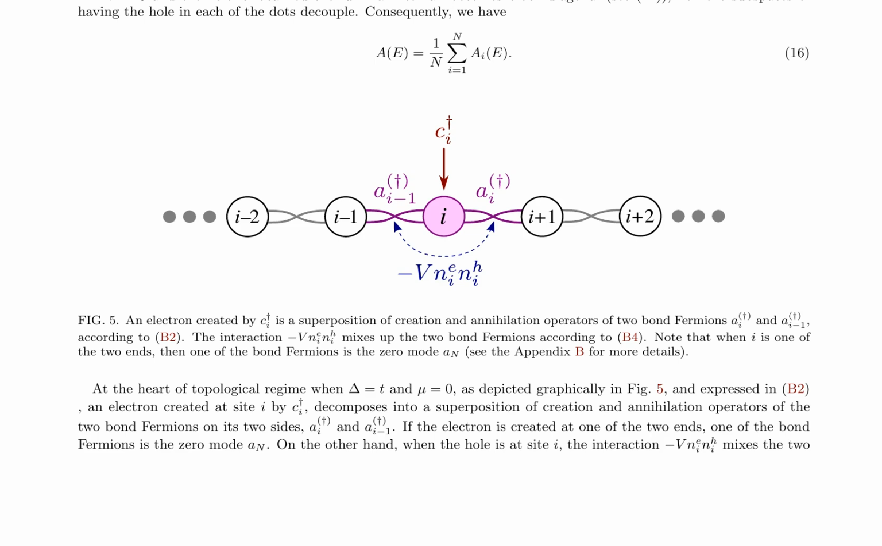The paper further explores the decomposition of an electron created at site i into a superposition of creation and annihilation operators of 2 bond fermions. The interaction V mixes these bond fermions, which is crucial for detecting the optical signature of the Majorana Zero Mode, MZM, in the system. This analysis provides a critical step towards identifying the optical signature of the MZM, a key